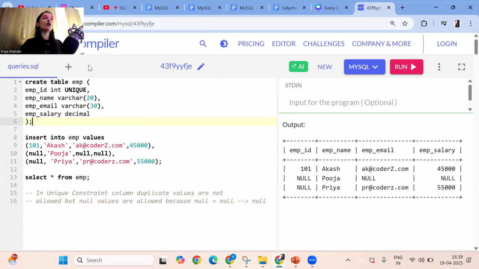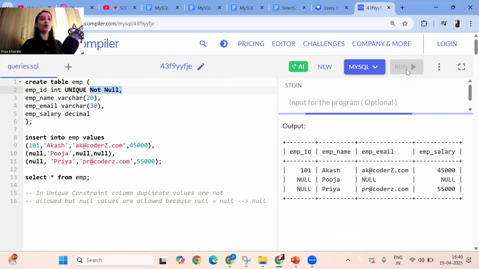But let's say you want unique values and null values should not be allowed. You don't want null employee IDs. So you can say you need unique values plus not null values, meaning nulls are not allowed. Not null is one constraint, guys. So in the employee ID column, integer values are allowed, they must be unique, duplicates are not allowed, and they must be not null values, meaning null values are not allowed.